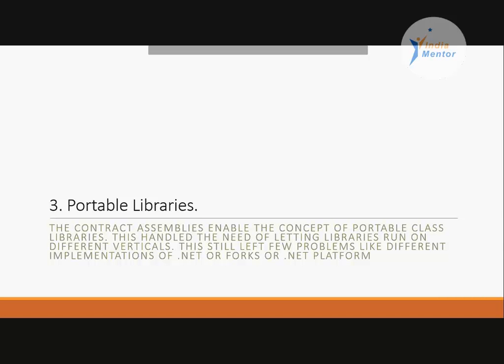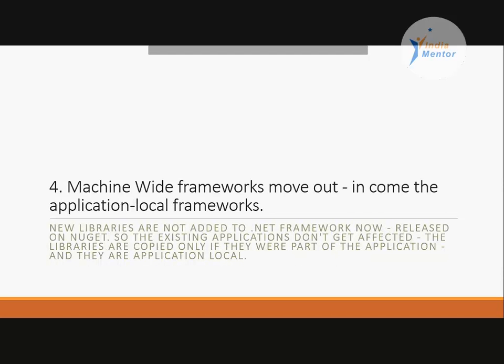So where was all this leading to? The concept was that if you are upgrading all this and you had an application in production, sometimes you would not have a say on what was to be upgraded or what was not to be upgraded. This would affect all the .NET applications system wide. So from a few years back, as we are all probably aware, we have started the concept of application local framework. So we are not releasing new libraries as a part of the .NET framework. We are getting them from NuGet.